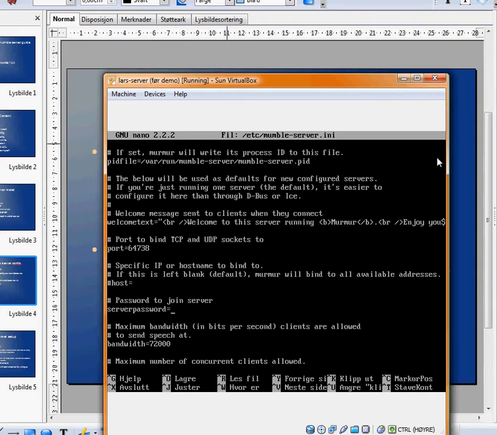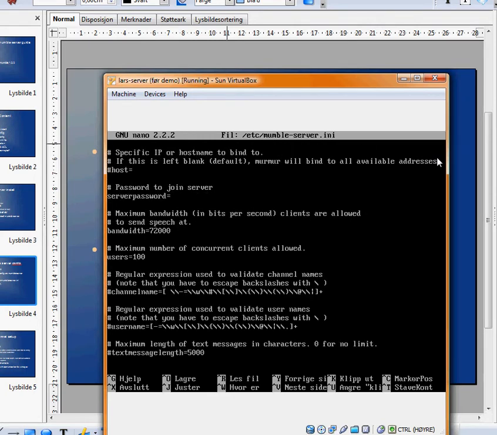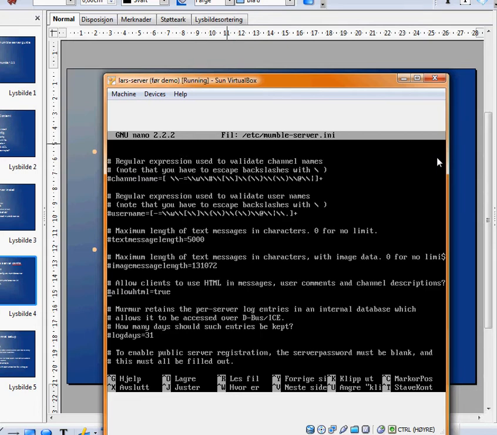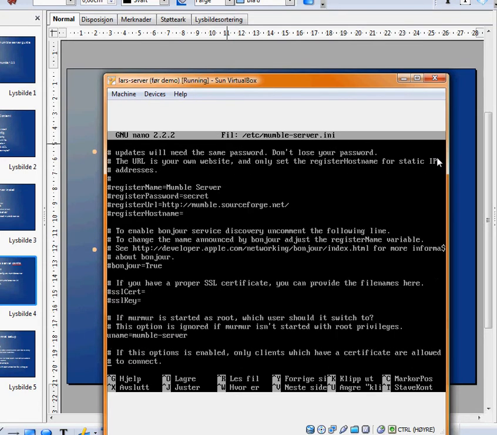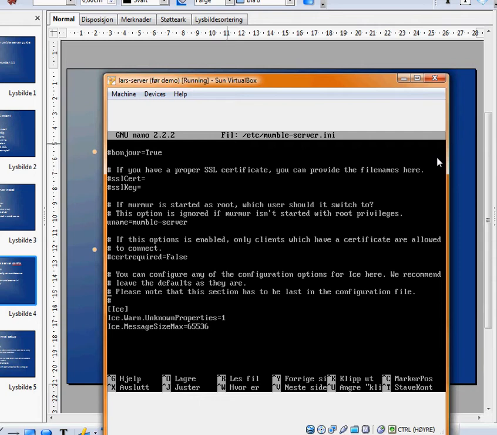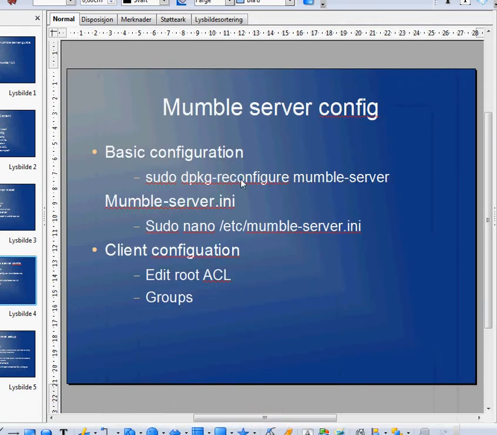However, it will handle links, it will handle images, etc. This one sets a server password which everyone needs to type in to connect to the server. I'm not going to use it. Bandwidth, all you have or all you are willing to use, whatever is smallest. A lot of stuff there. I don't have time to go into more details. I didn't save anything there. I just exited that. Okay, so now we have